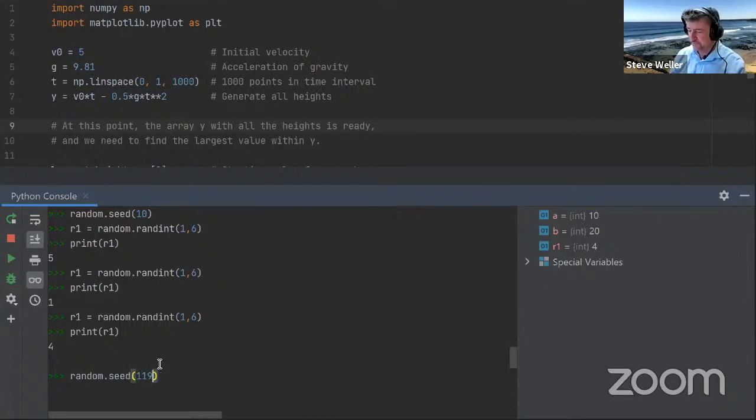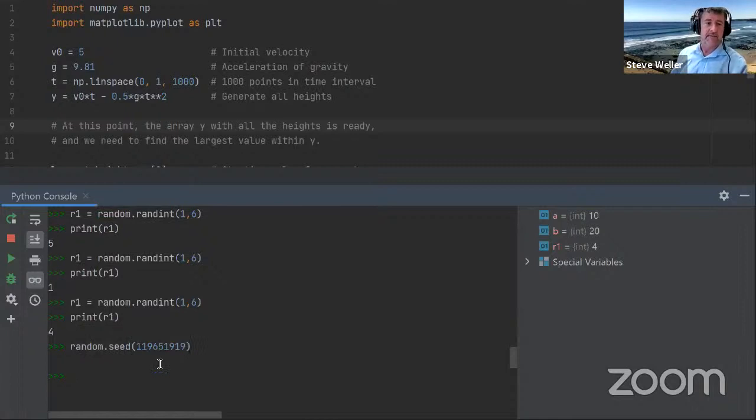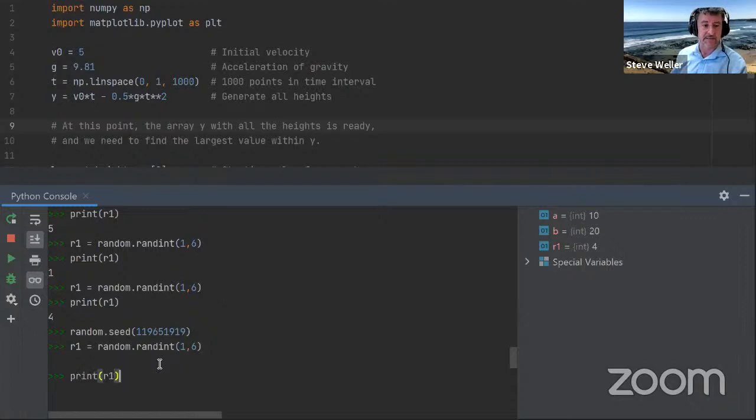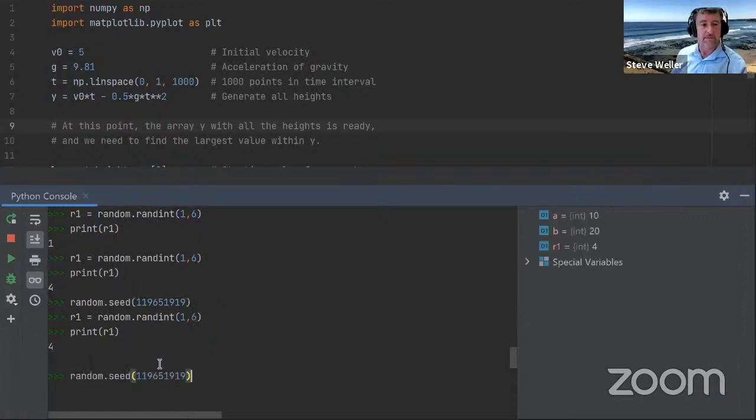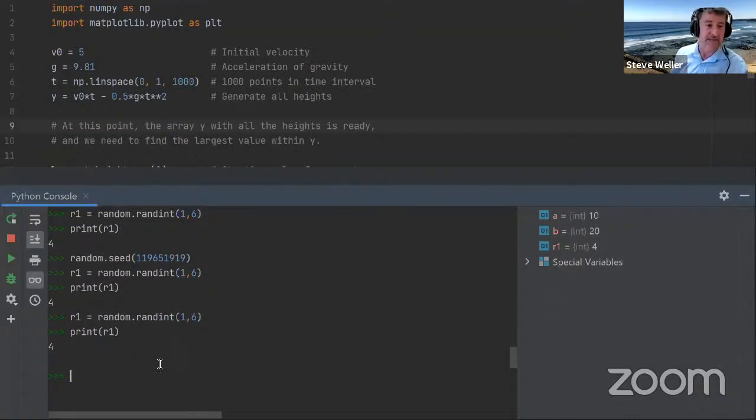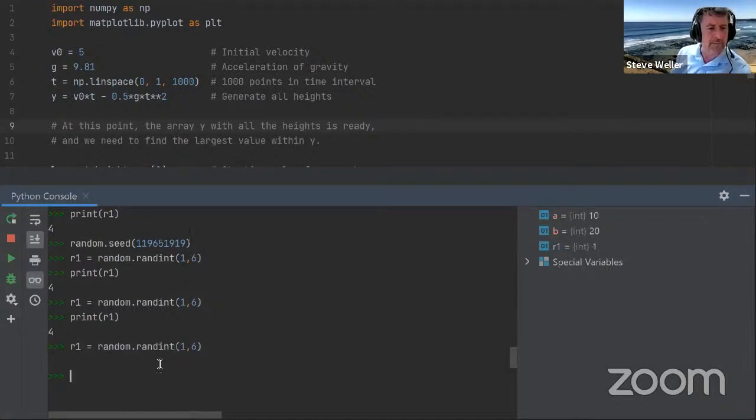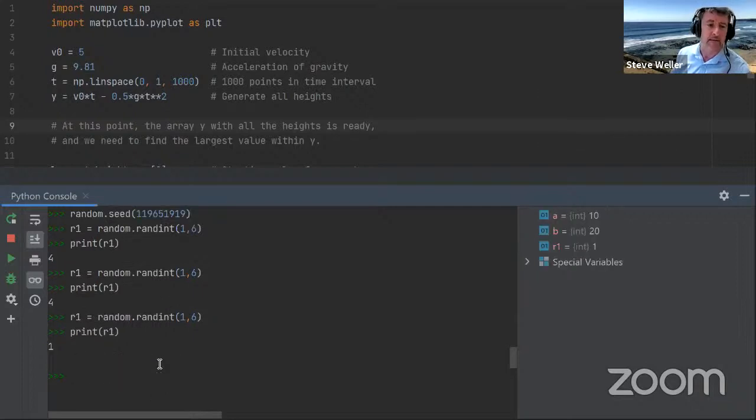We could seed it with some other different number, generate a random number between 1 and 6, print it, it's 4. Random number between 1 and 6, print it, it's 4 again. So let's reset this, do a third one. Random number between 1 and 6, print it again, and it's 1. So with this funny seed here, we get the sequence of random numbers 4, 4, 1.